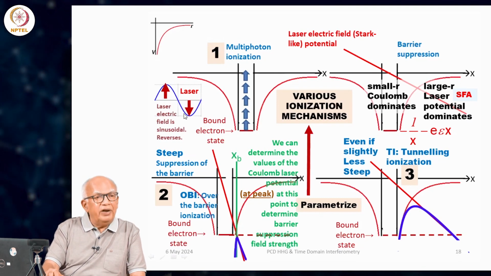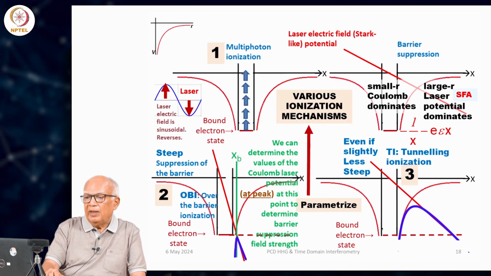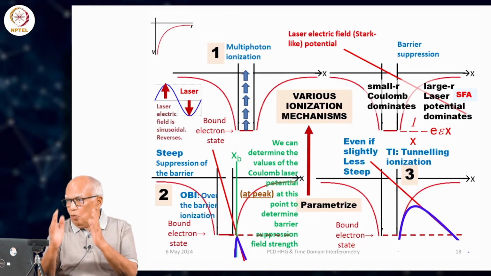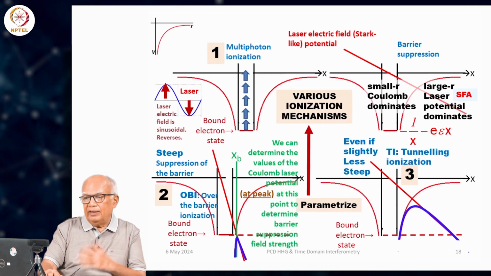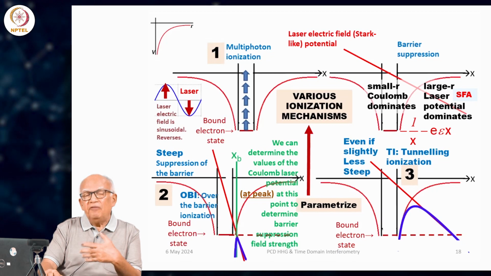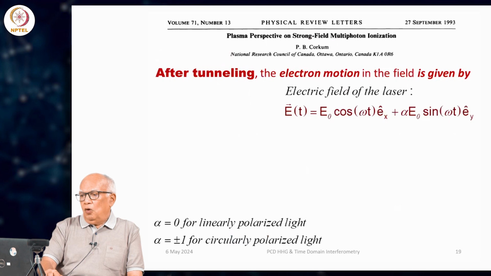This is happening very fast at the frequency of the incident laser, and the peak is only during a very narrow time interval, and not only that, in half a cycle it actually reverses. So,